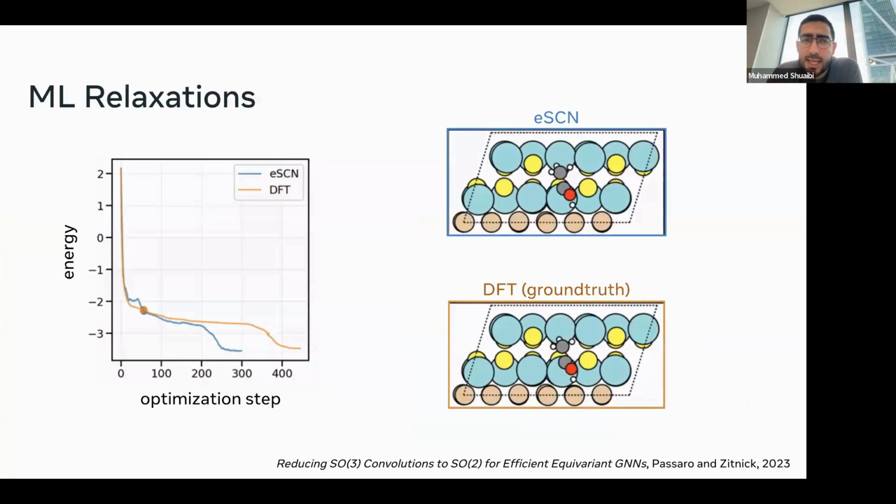To give you a sense of what that looks like, this is one of the state-of-the-art models probably 2 years ago, but this is the relaxation we talked about. So I showed you how you start off with some initial high energy state, and then over the course of the simulation, you arrive to this lower energy state.